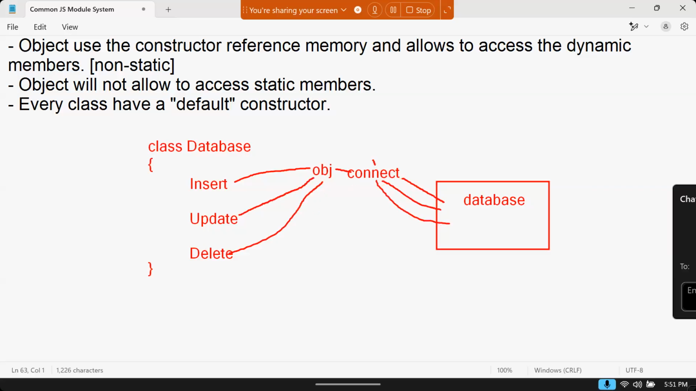Now this connection has to be done for every object, mandatory. Then if I give this connection to a method, what should happen? Every time for every object, we have to call a connection. First connection, then insert. First connection, then update. Connection, then delete. But if I give this work to the constructor,